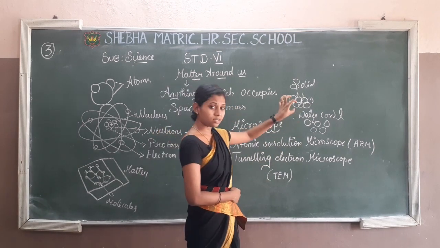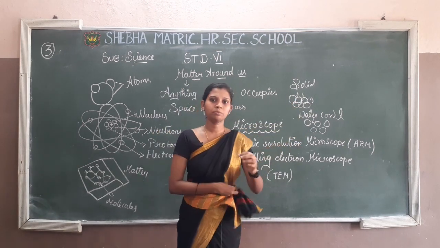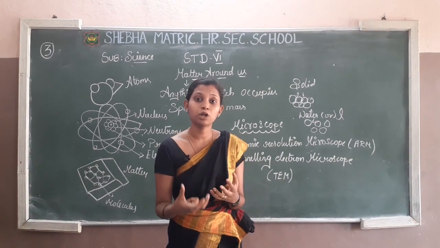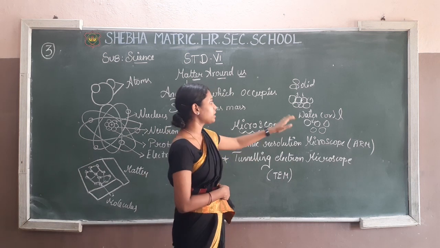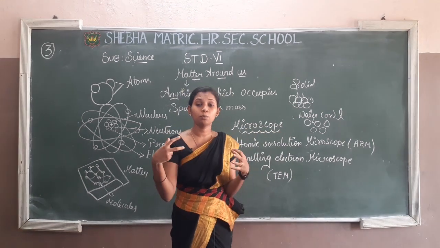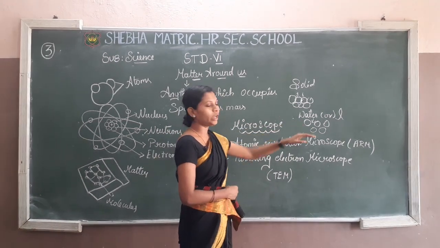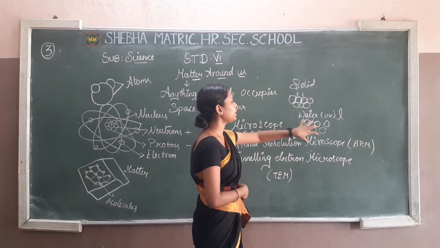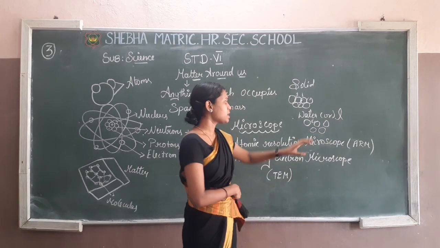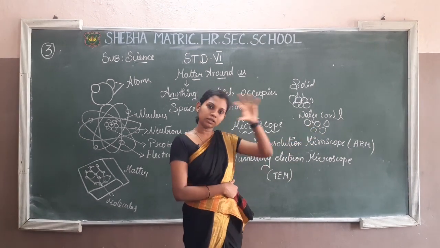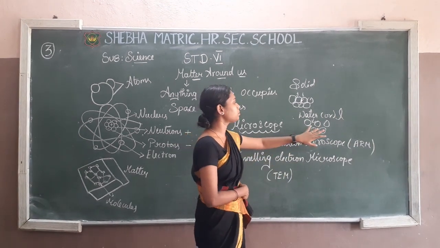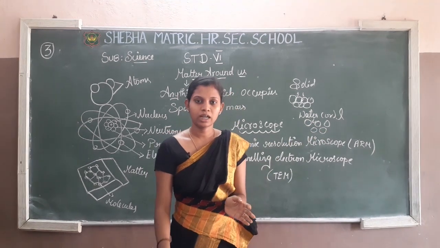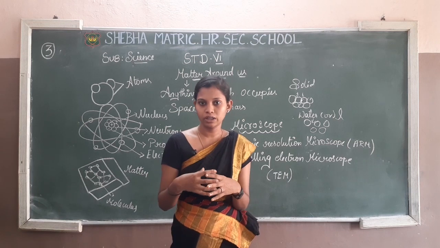In a solid, it is tightly bonded. When you mix something with the sugar, it will mix, but you can't see it because it is tightly bonded and can't merge. But in a liquid you can dissolve it because the atoms are loosely bonded, so there is space to occupy other elements. That is why the sugar dissolves in the water.